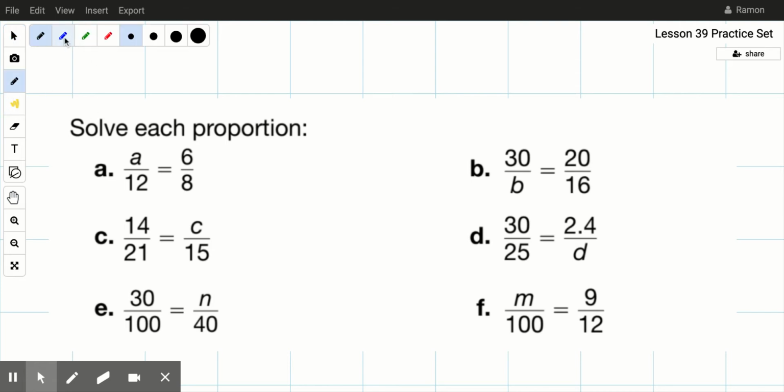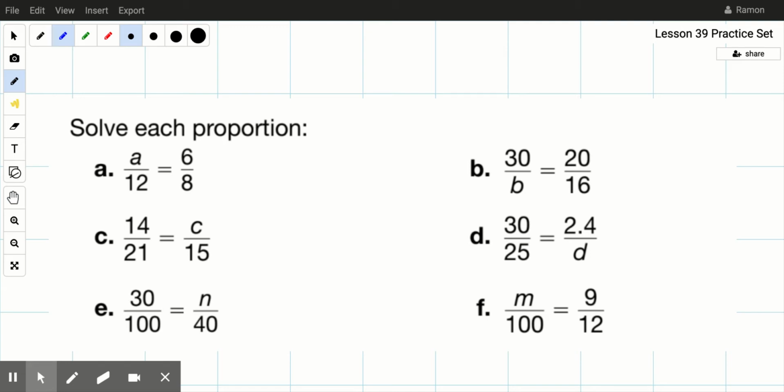We're working with proportions today. Proportions, we're just looking at two ratios that are equivalent. You would say that they're proportionate because their value is equivalent, even though they look slightly different. Now, when solving proportions, we are going to be using cross multiplying to find the value of the variable